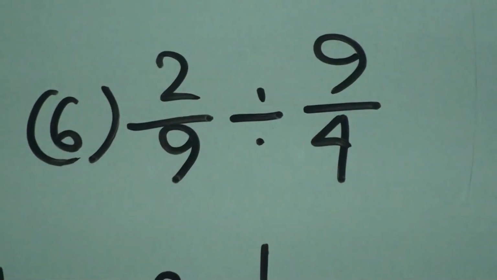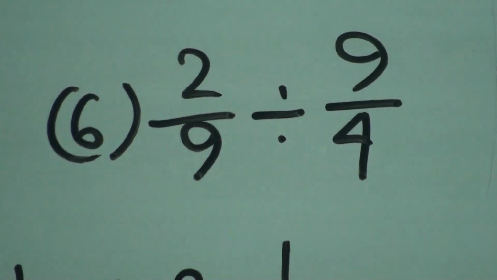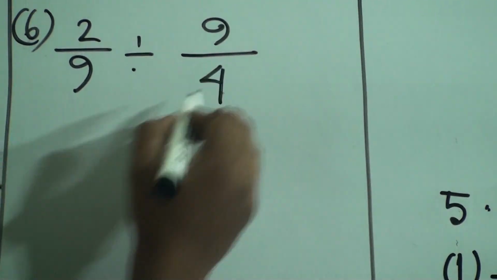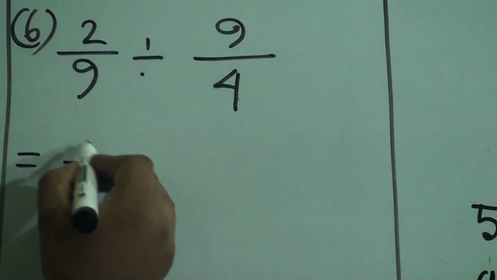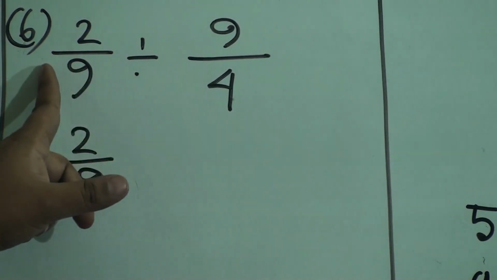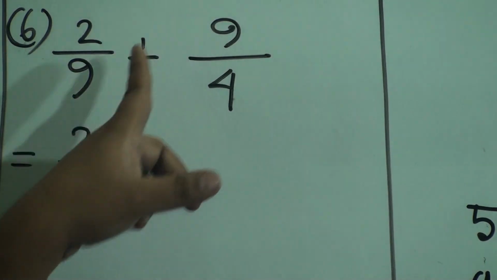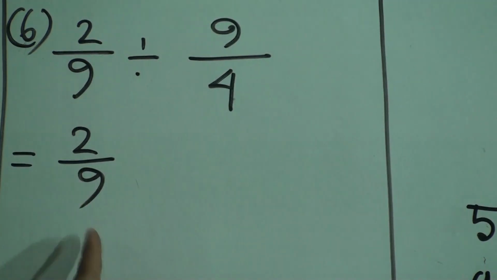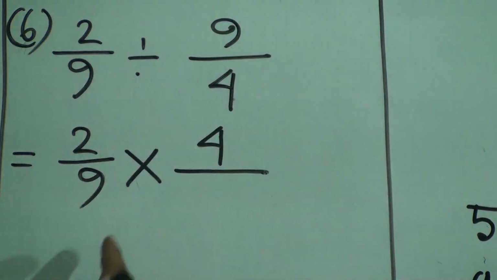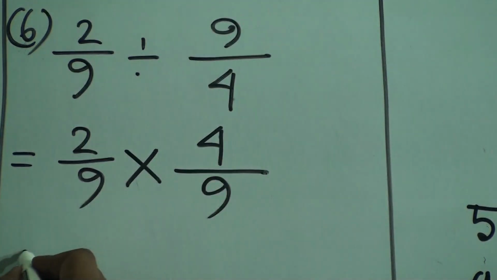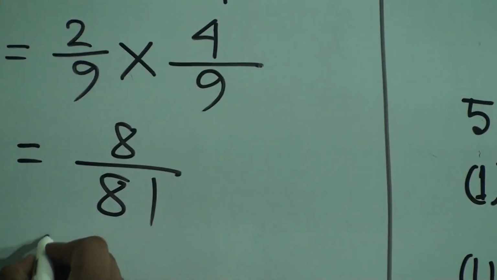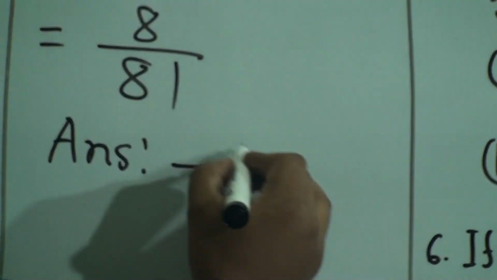please notice question number 6 is 2 by 9 divided by 9 by 4. Now we know division of the first fraction by the second fraction means multiplication of the first fraction with the reverse of the second fraction. Reverse means denominator will be numerator and numerator will be denominator. That means 4 times 2 is 8 and 9 times 9 is 81. This is the answer. I hope you have understood. That means 8 by